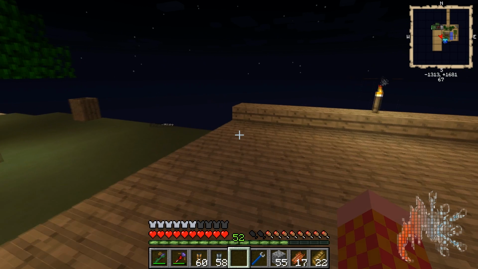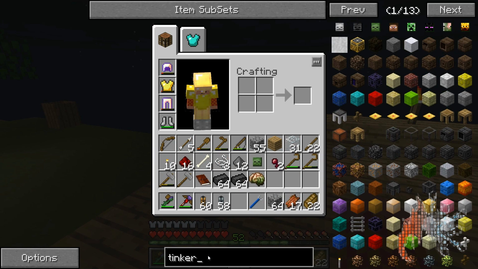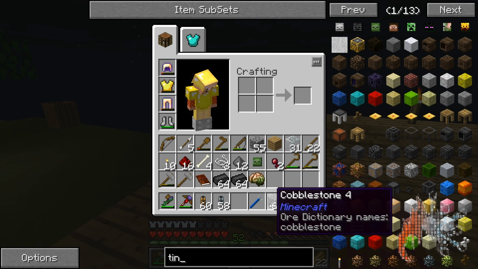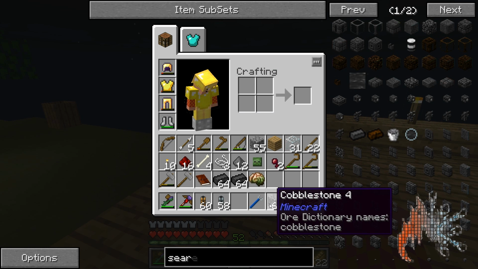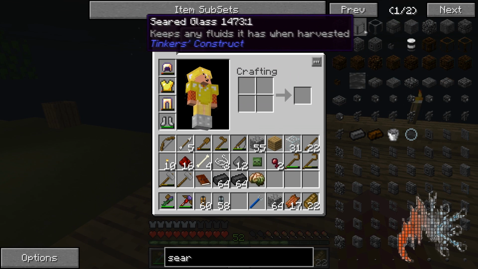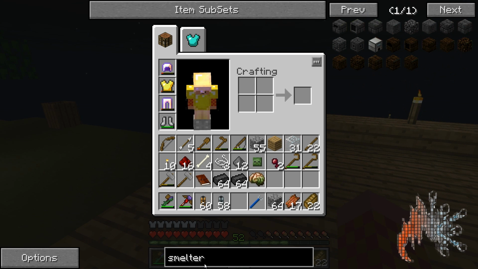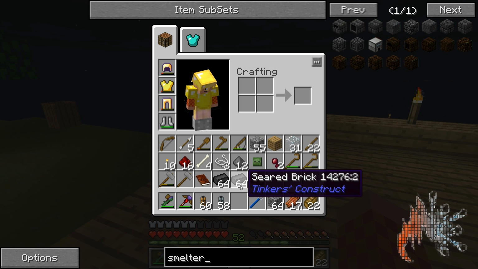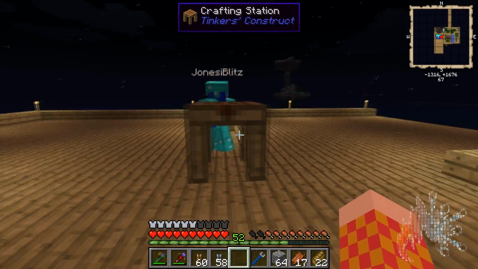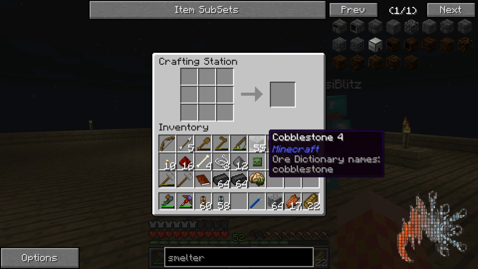so the whole Tinker's Construct business that, like I said, I don't quite understand. What is it called? The Smeltery. Yeah, basically anything that starts with the word seared. So we're gonna need a few things to start. And I believe you've got the seared bricks in your hands now. Yeah, you already hooked me up with the seared bricks. We already cooked that off. That was easy. Okay. So if you want to hit the crafting station here,